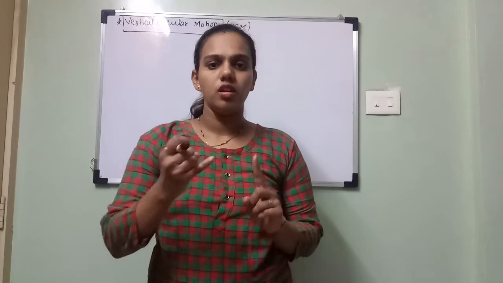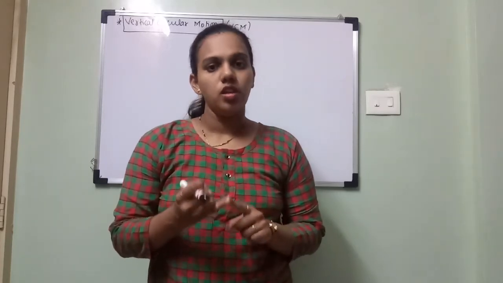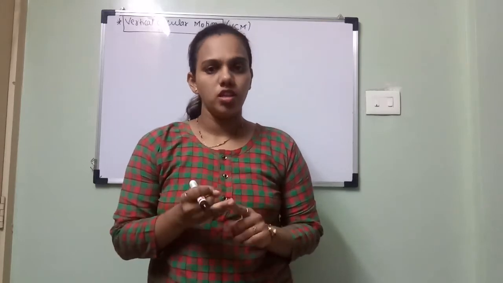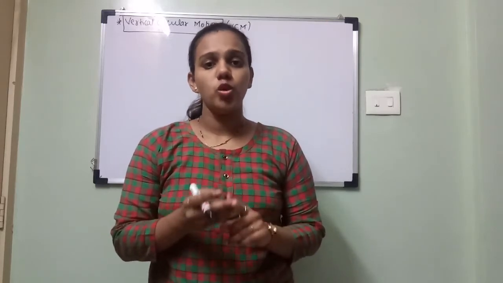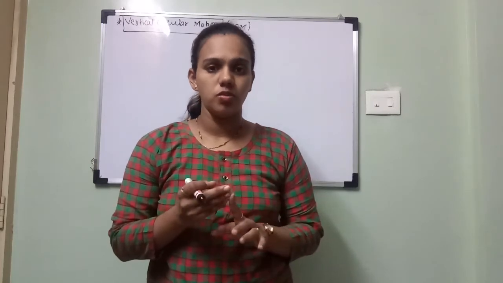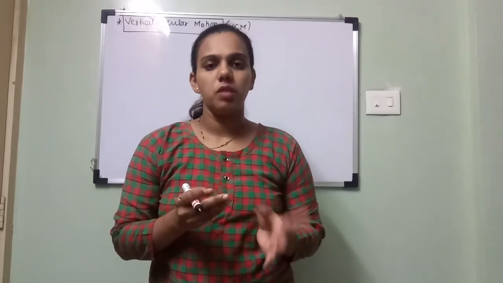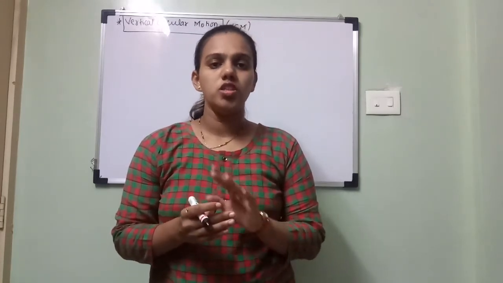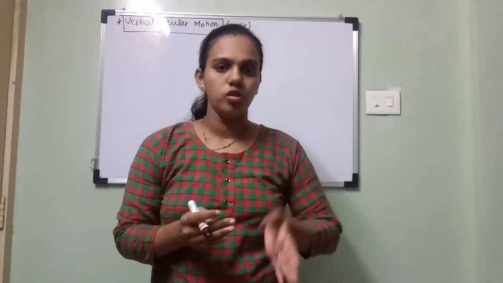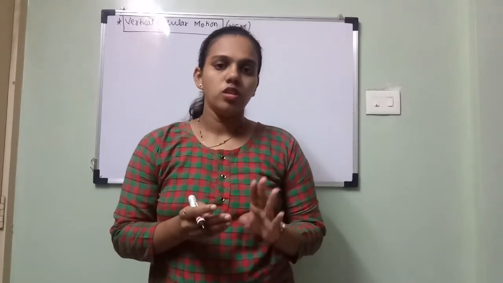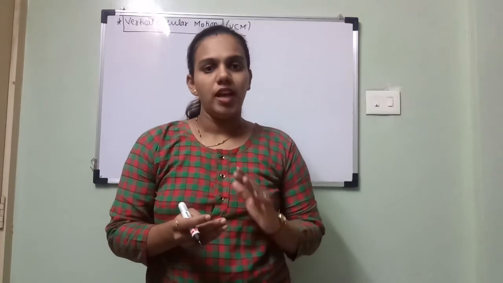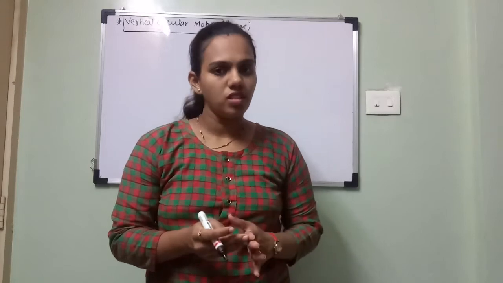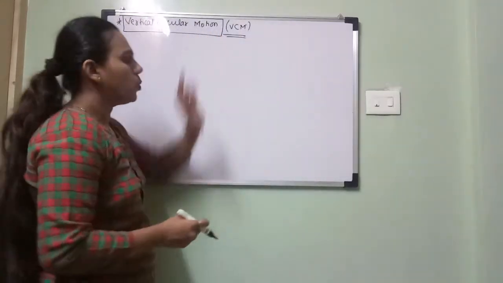First is to derive the expression for tension of a particle performing VCM. Second, derive the expression for energy. Third, to show that TL minus TH is equal to 6 mg, means tension at lowest minus tension at highest is equal to 6 mg. And the fourth is to show that the total energy remains constant throughout the motion of the body in VCM. So these are the four derivations under this topic. I'll try to cover at least two derivations today and two derivations tomorrow. So let's start with VCM, that is vertical circular motion.